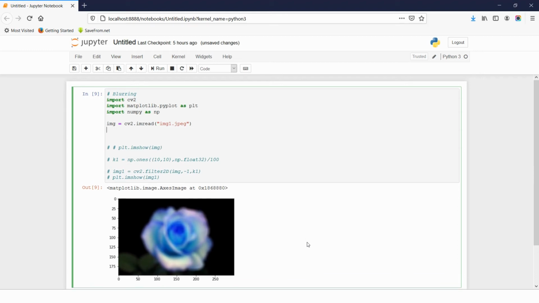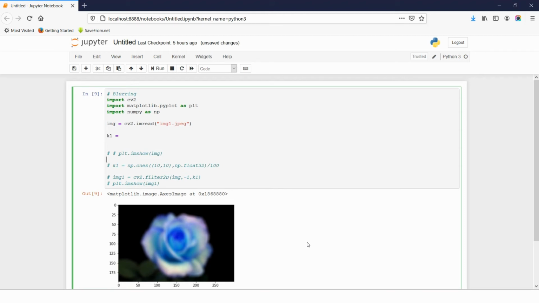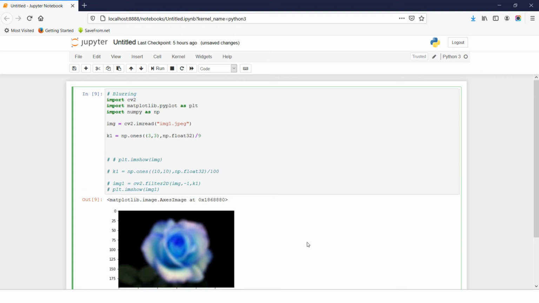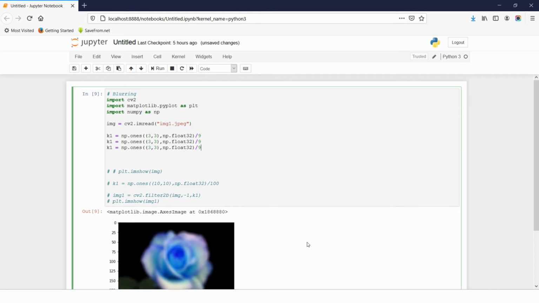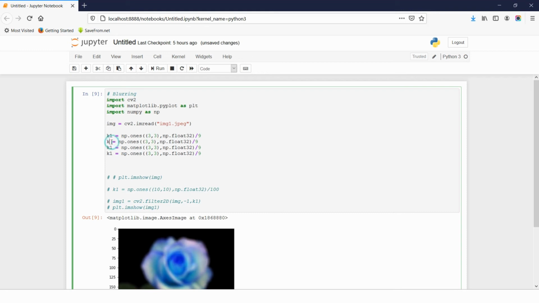For that purpose I am creating 4 kernels here. k1 I will take of size 3 by 3, dividing it by the value 9, and similarly 3 more kernels k2, k3 and k4, all with different sizes. And yes, we need to divide them in such a way that each sums up to 1.